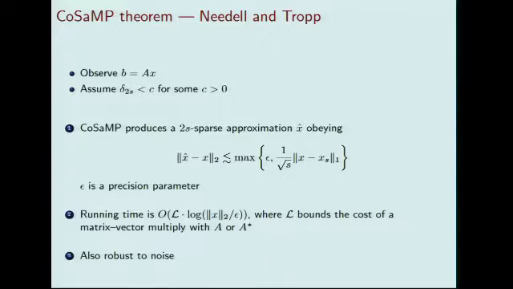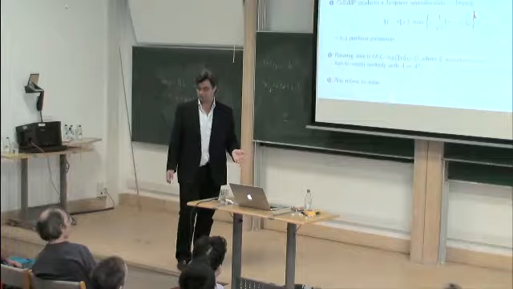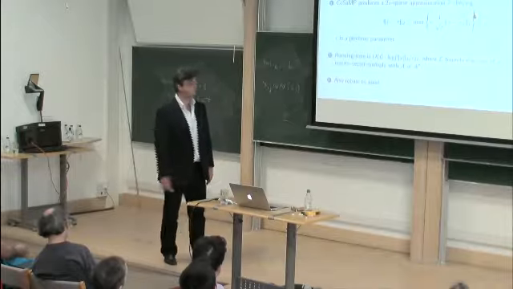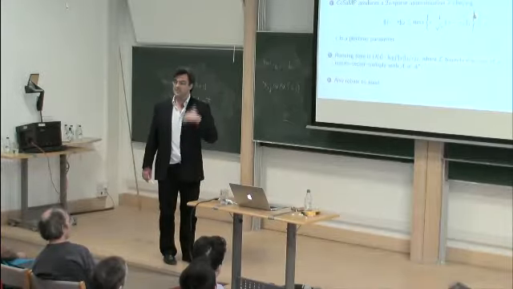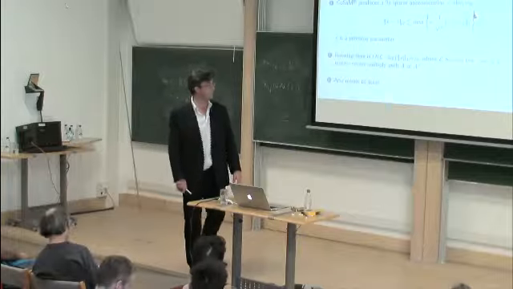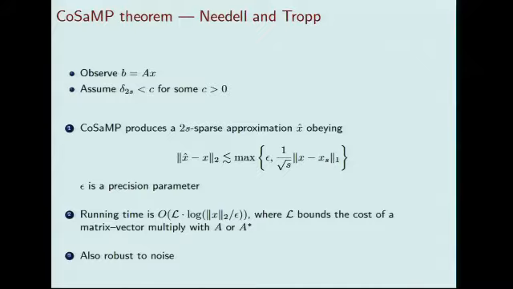So here you have a completely different algorithm, which is not based on convex optimization, which is based on a sequence of greedy approximations. Try to take your best shot each time at what the solution can be, operate in a greedy fashion like this. And under the restricted isometry property, what Deanna and Joel could show is that you get essentially the same error bound.